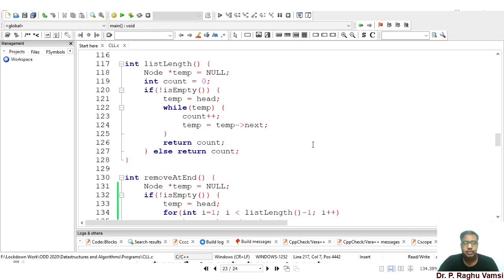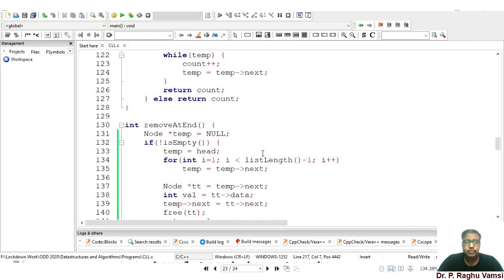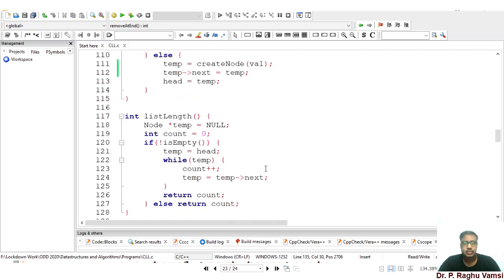Before moving forward, since this remove at end is using list length, we need to modify the list length according to the circular linked list requirement. So for the list length, we need to calculate how many nodes are there in the circular linked list. For that: integer list length, node star temp is equal to null, integer count is equal to 0.